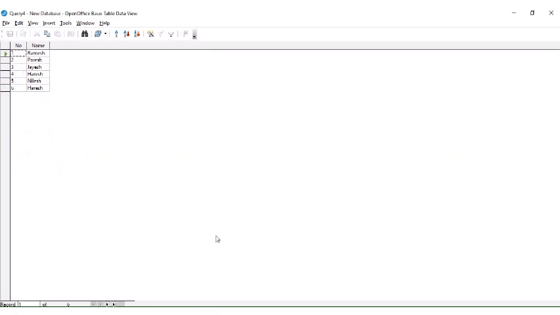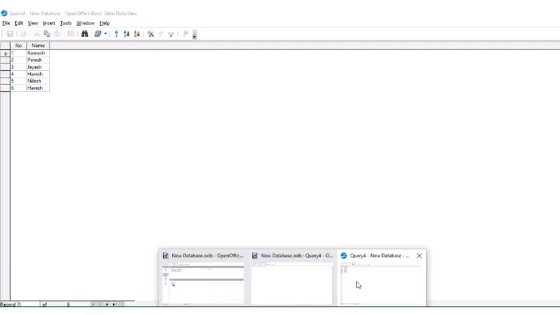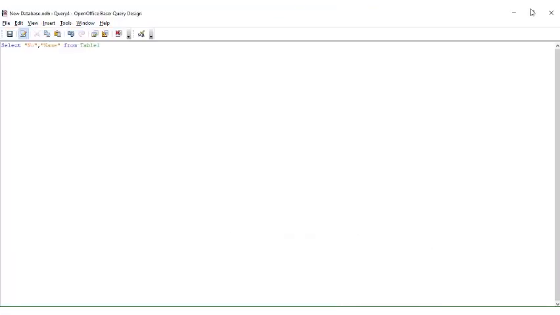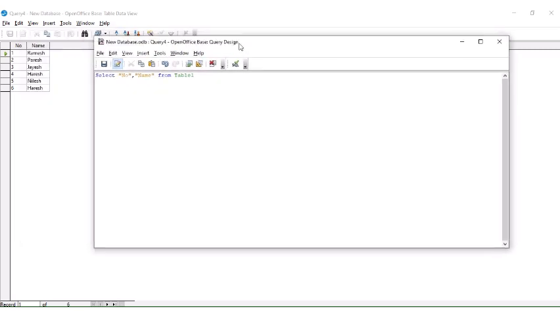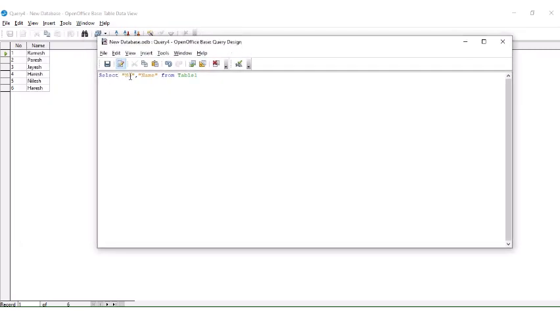what we had selected or what we had done, look at here, we have written select number and name. So number and name is here, from where? From table 1. So here it is showing the data number and name from where? Table 1. Now in that also you can add more, right?